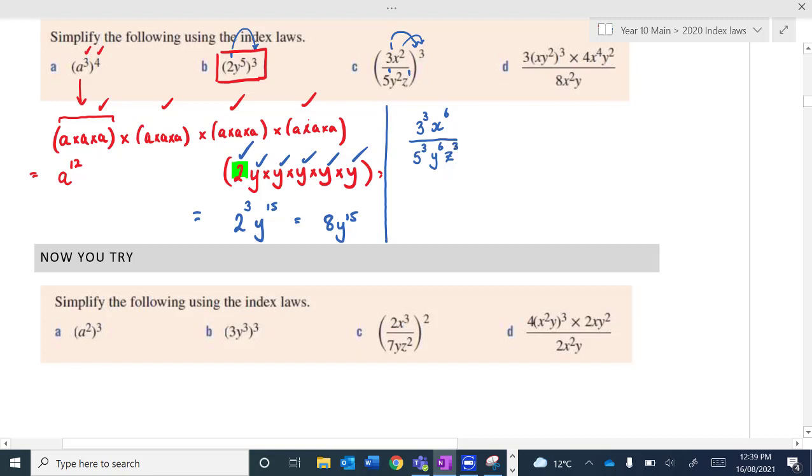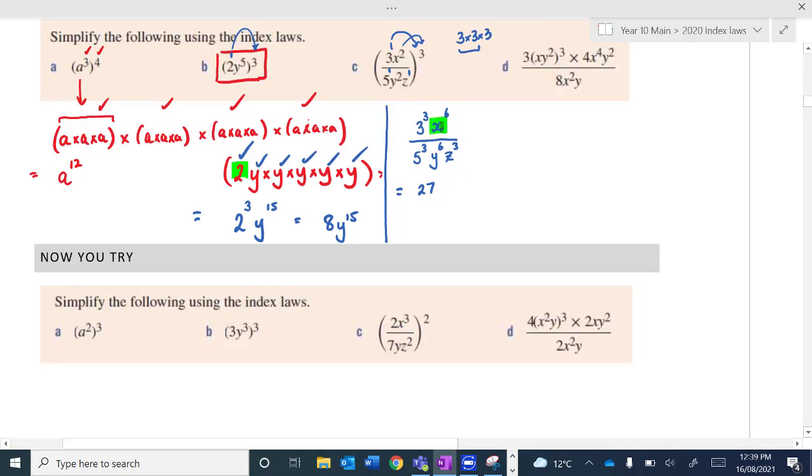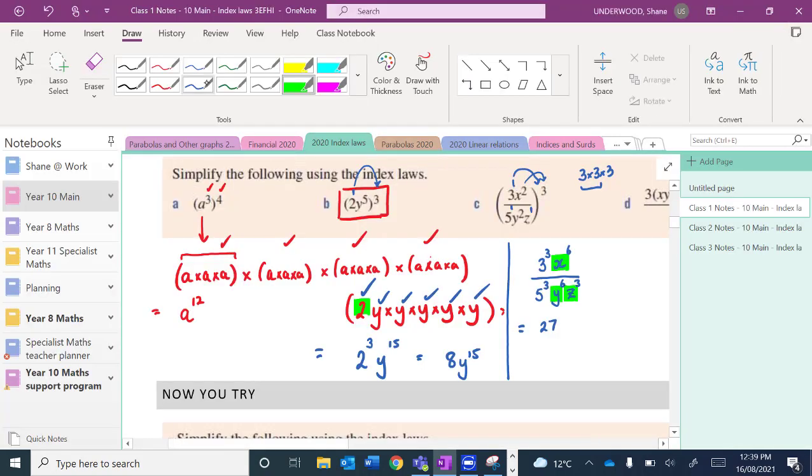Now, as you can see, can we simplify this any further? Well, yeah. 3 to the power of 3, 3 cubed. It's not 9. It's 3 times 3 times 3. That's going to be 9 times 3 is 27. So we've got a 27 on top. The question is, do we have any indices of the same base which we can simplify? No. x is a base. There's a y, but y is its own base and z is its own base. So we can't simplify any further. So in fact, our answer